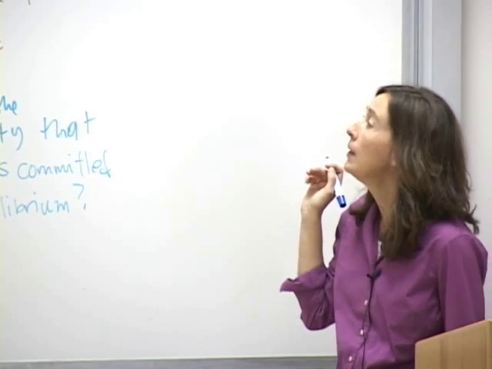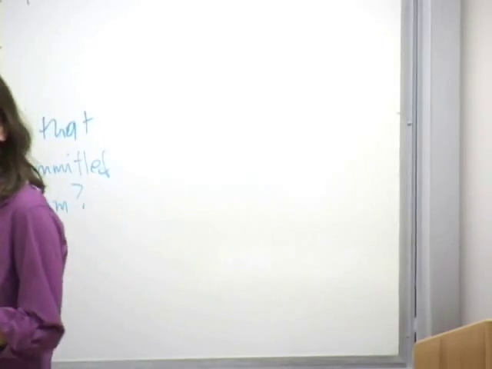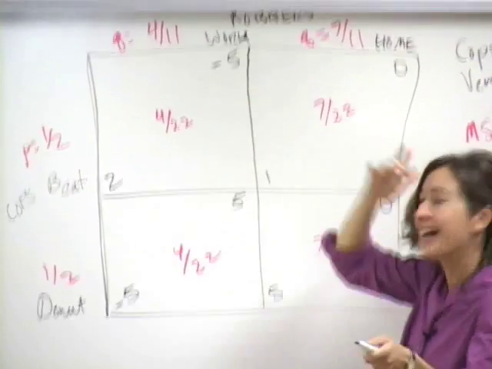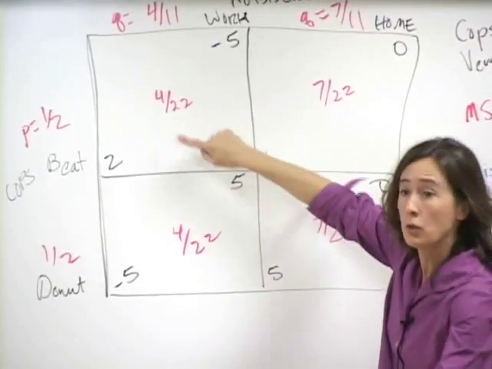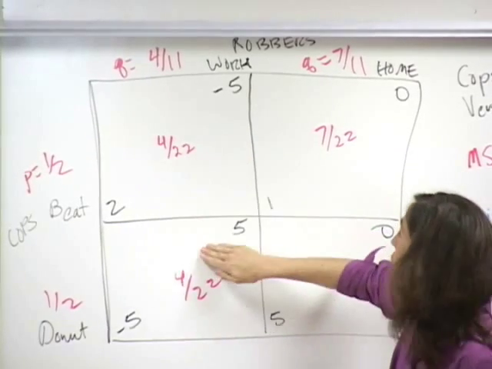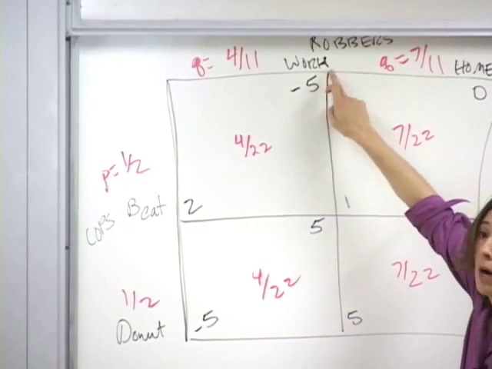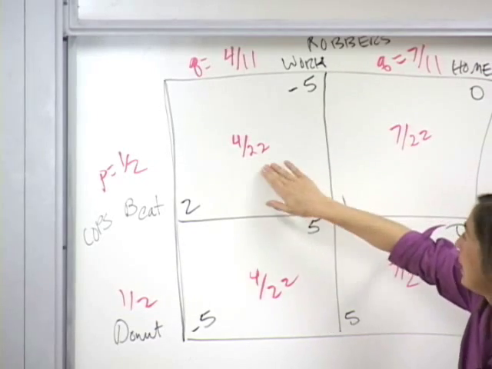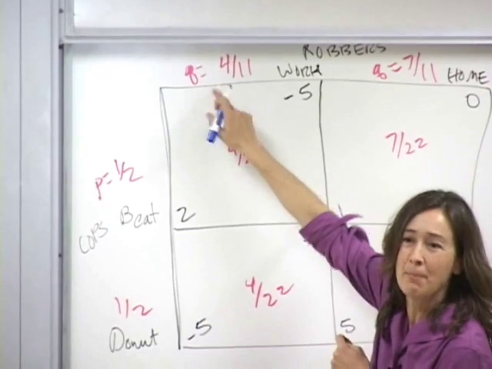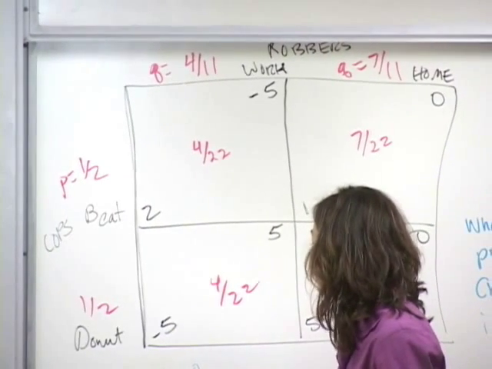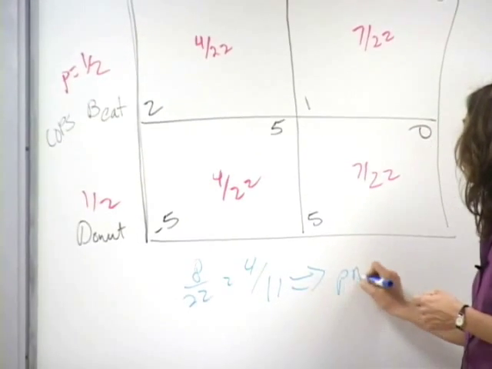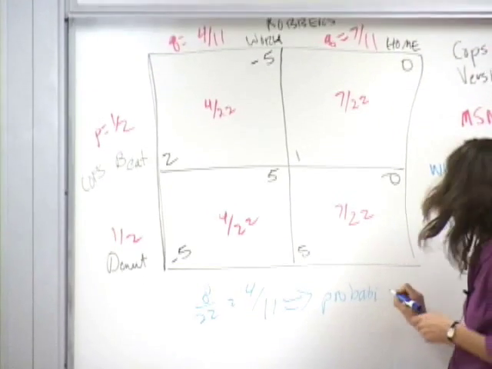Eight out of 22? Yeah, that's right. What Kenyatta said is what you did was you added the probabilities in these two squares, right? Okay, so there's two of these squares that correspond to the robbers committing crimes. It happens here, it happens there. I paused because what I had done is I just looked at the number up here. It's either 8/22 or that reduces to 4/11. But this is the probability